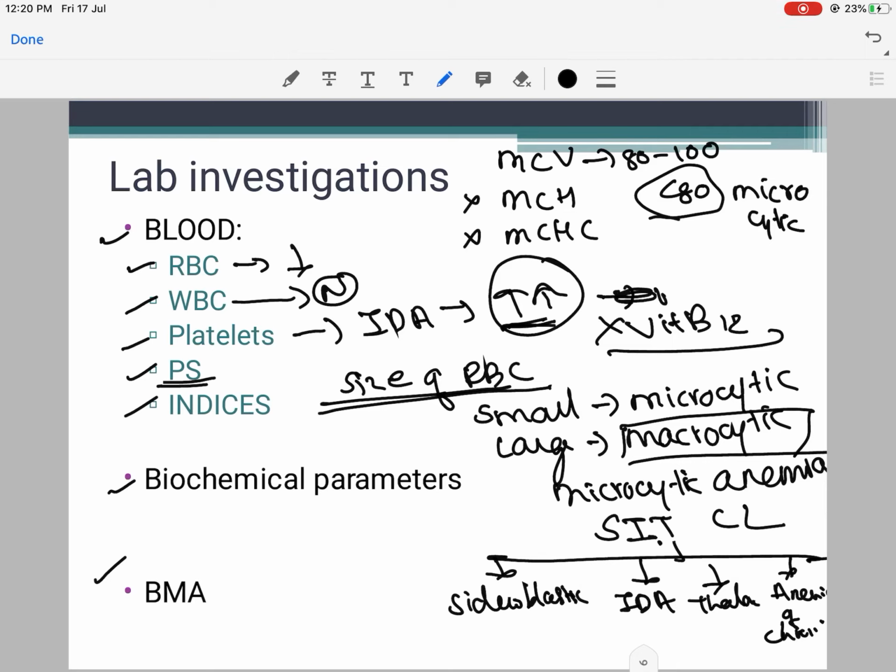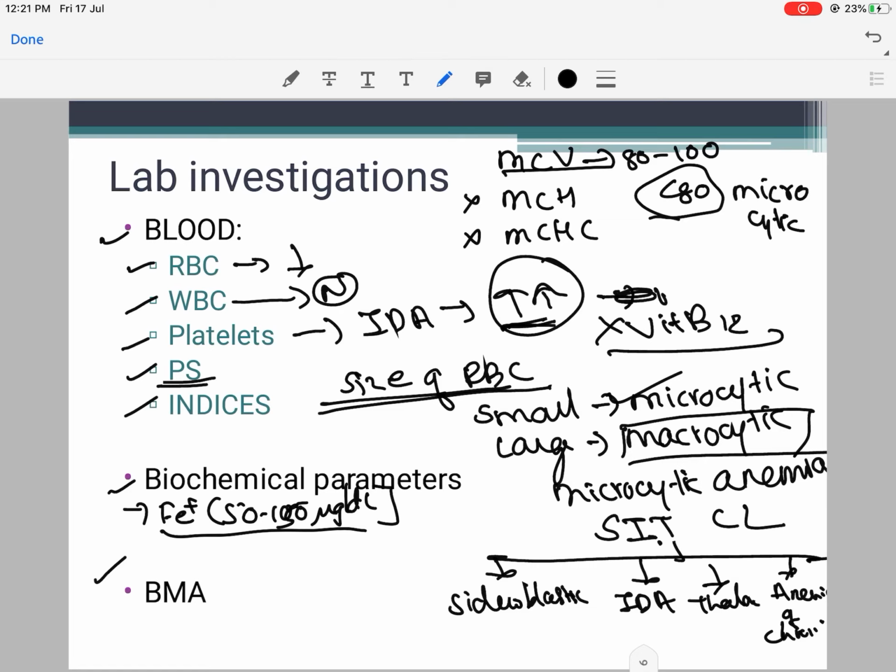Now based on this blood investigation, if you find peripheral smear showing microcytosis, platelets are increased, with MCV which is low, then you suspect iron deficiency. Now there are particular investigations for iron deficiency. One most important, which we all know, is serum iron. Serum iron is 50 to 150 microgram per deciliter. So if it is less than 50, it means there is iron deficiency. Now this may be falsely normal in patients who are on iron supplements.